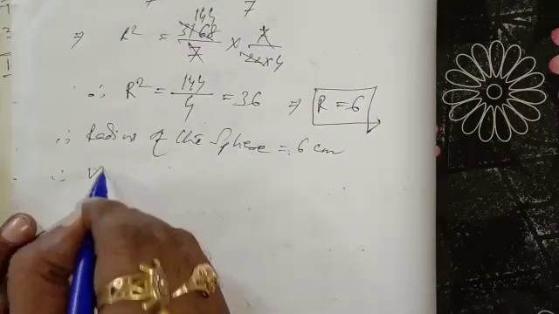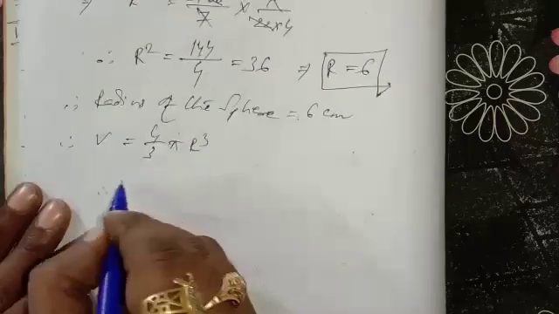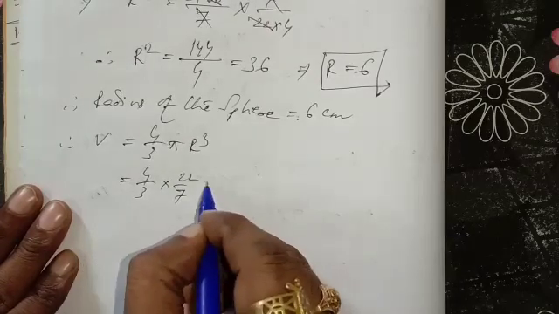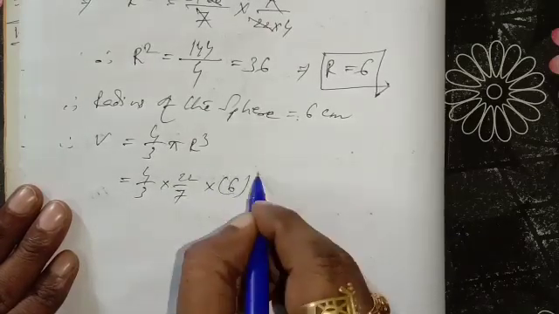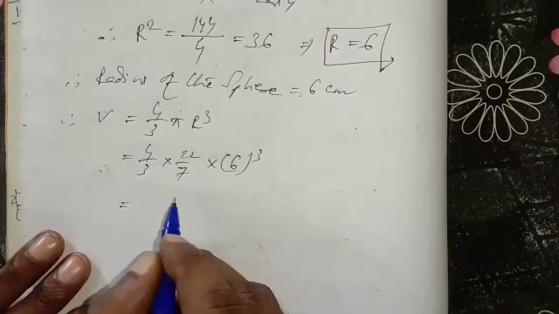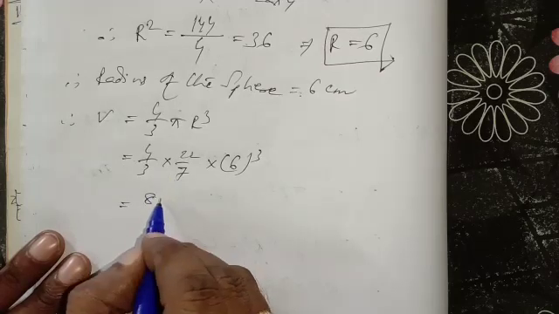Next you have to find out the volume. The volume formula is 4 by 3 pi r cube. That means 4 by 3 into 22 by 7 into r cube. R means 6 whole cube. Yes or no? How much will it be? That means this is coming 88,